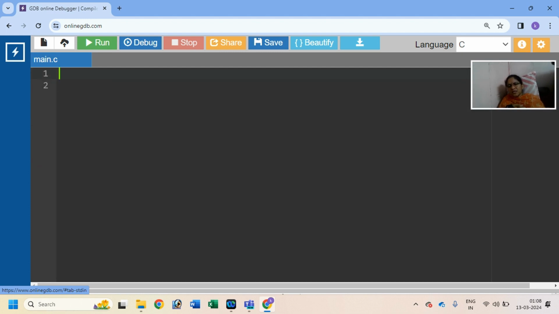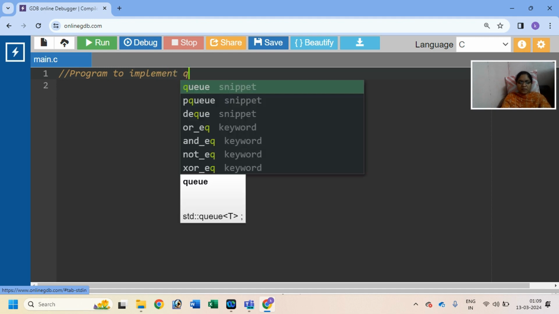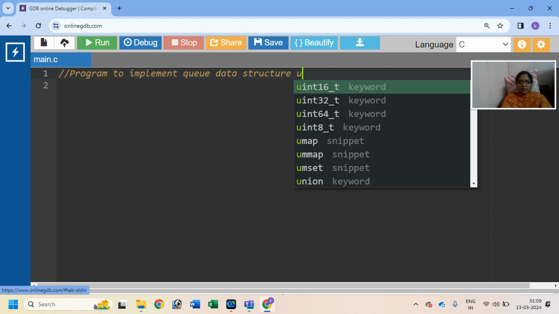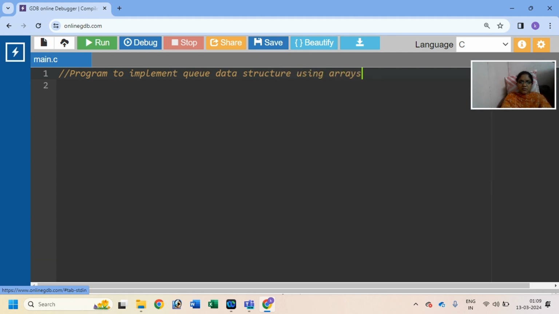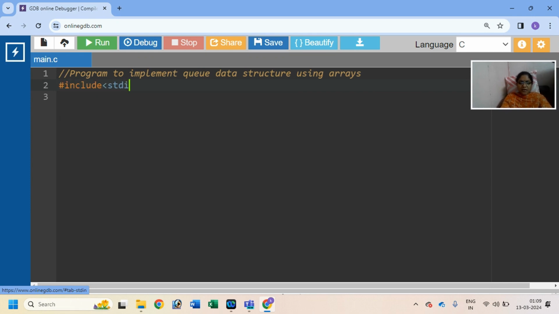So no need to install anything. If you want to do the program, no need to install anything here. So directly you can go to online compiler and you can execute the program. Now see how we can execute. I'm writing a comment line: program to implement queue data structure using arrays. Now start your header file, #include <stdio.h>,